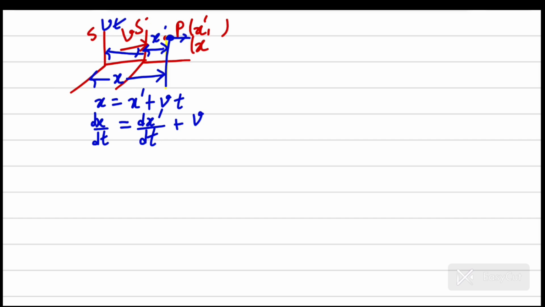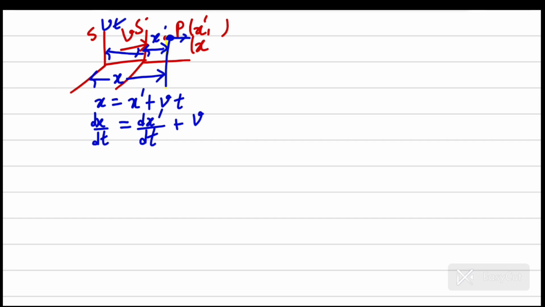So the main concept in Galilean transformation is that the speed of anything, this is either a point particle or a system of particles or a light, so anything can have different velocity in different reference frames, but the time interval and the spatial distance between two